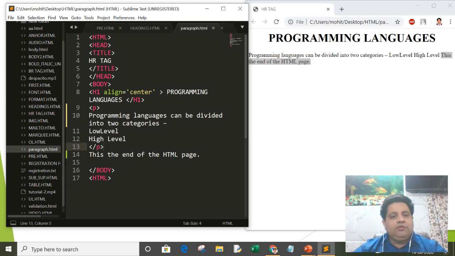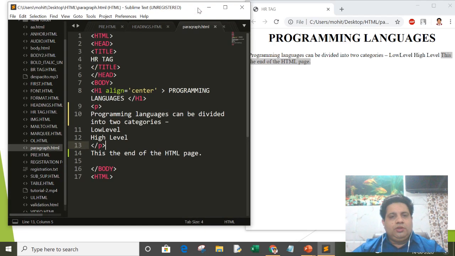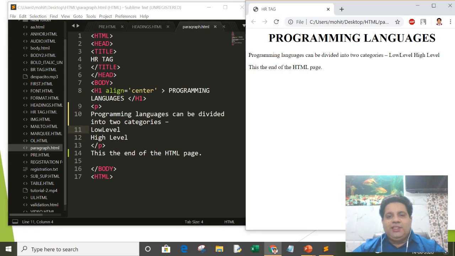There is one other software, Notepad++, which is somewhat like Sublime Text, but Sublime Text is more feature rich as compared to Notepad++. Okay, so are you getting my point? When you write some text within a paragraph, proper line space is inserted before and after the paragraph. So this tag is very useful.